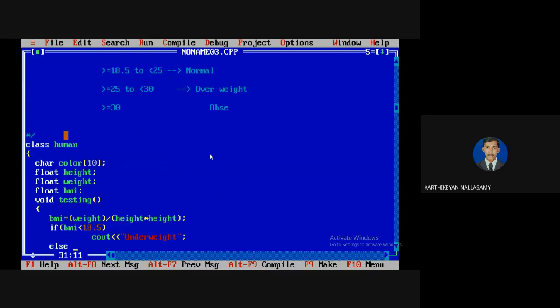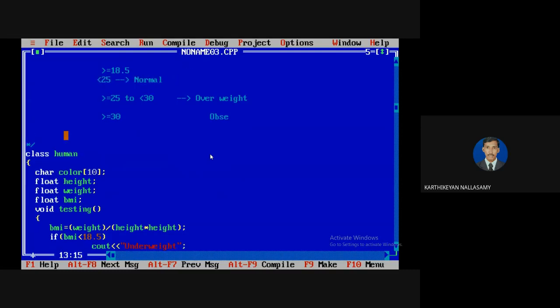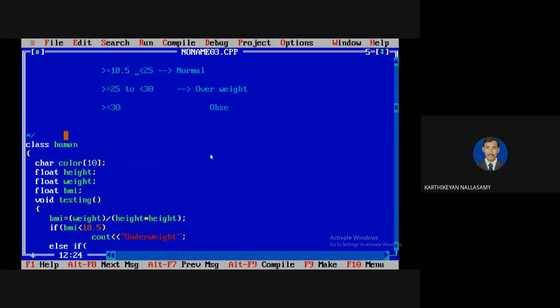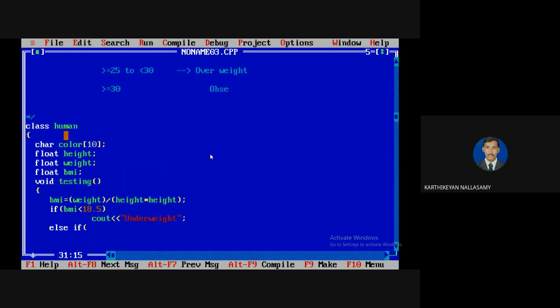Else if the above category does not exist. For this case, there are 2 logical conditions. The BMI value lies between two values, so we have to write 2 relational expressions. Just a minute, I can show how to write.